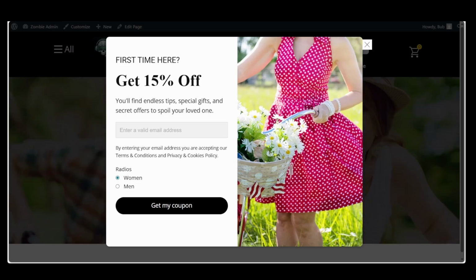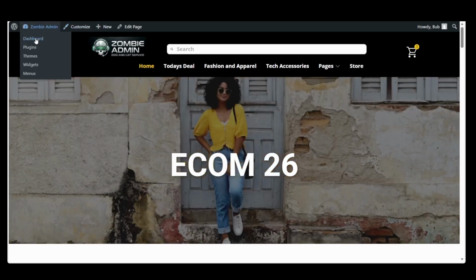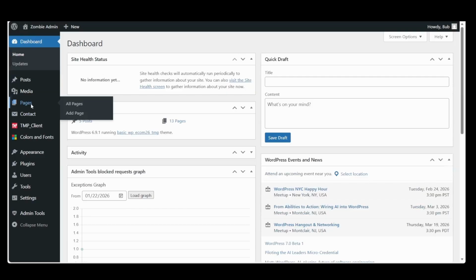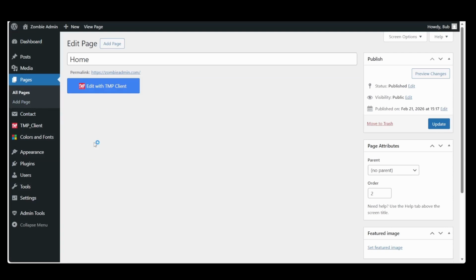Let's go back to Pages. So we'll go to Dashboard, Pages, Home Page, Edit with TMP Client, and we're going to do some more logo swapping.